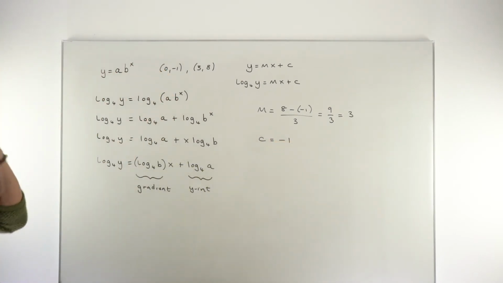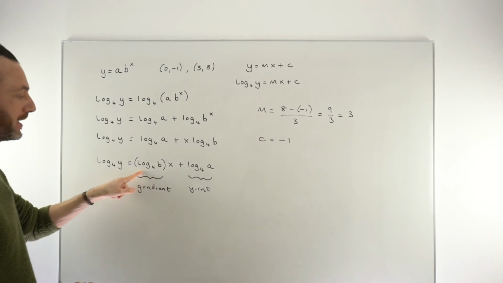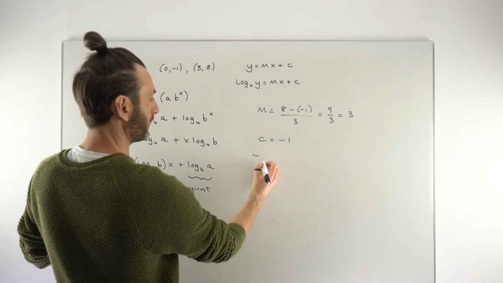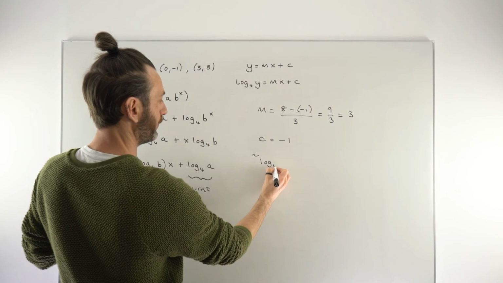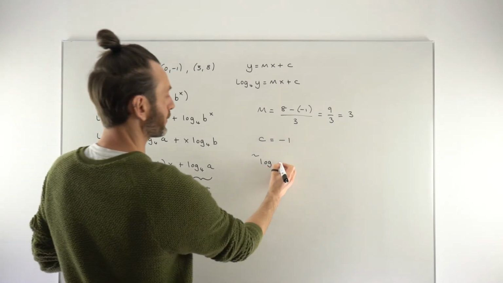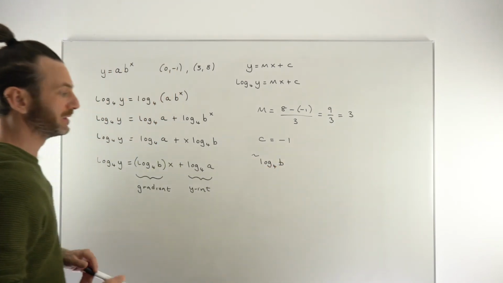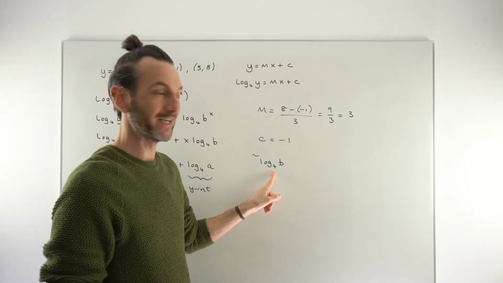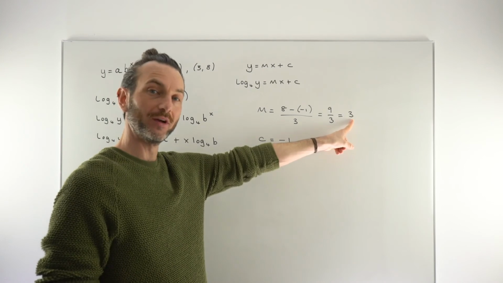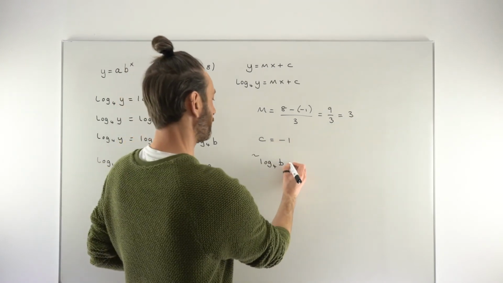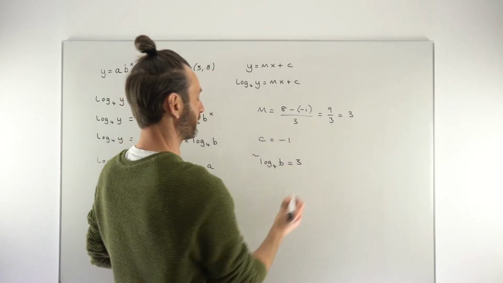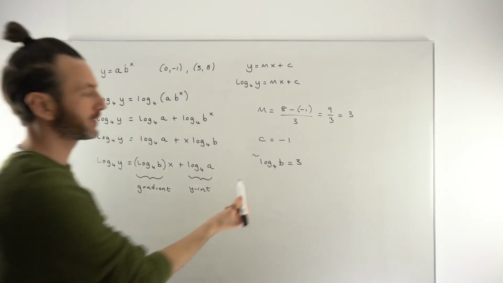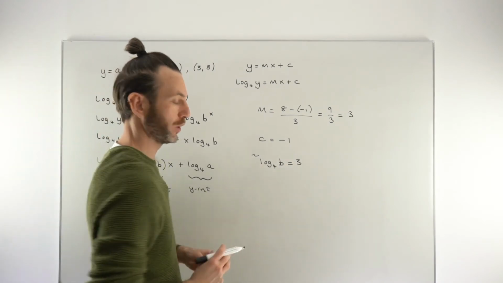So how does that help us? Well, we know that this expression here is the gradient. So we can say then that log to base 4 of b, and remember in this question, ultimately we're trying to find the a and the b value. So log to base 4 of b, this is playing the role of the gradient, but that is a gradient of 3 numerically, so those two things must be equal. So that gives us that, and basically that has now given us a little log equation to solve to get